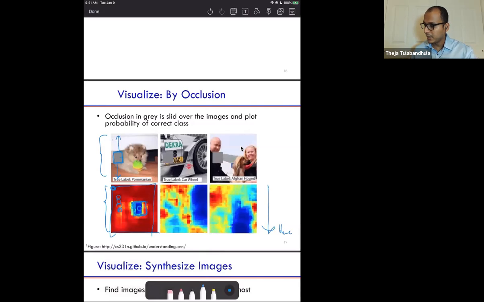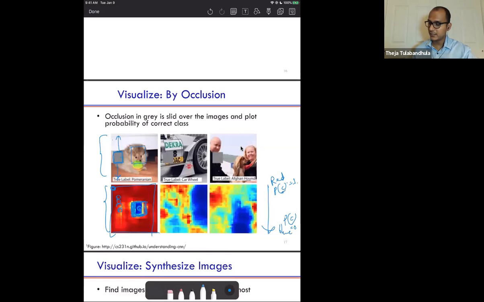Blue means the probability of that class is low, close to 0, and red means the probability of that class is 1. So in this occlusion-based debugging, we occluded the face of the object in the figure, and because we occluded it, the probability of this being the class of interest, in this case dog, is basically 0. Blue represents 0. Similarly, you can try it with